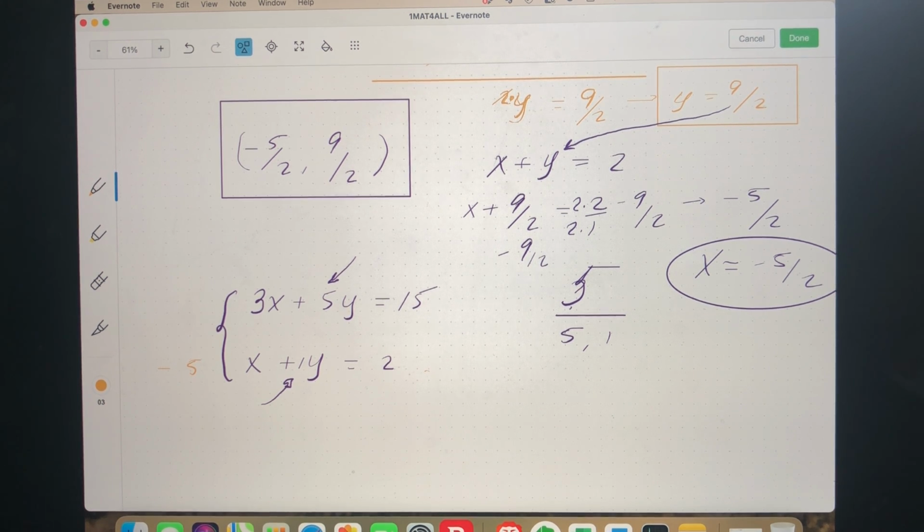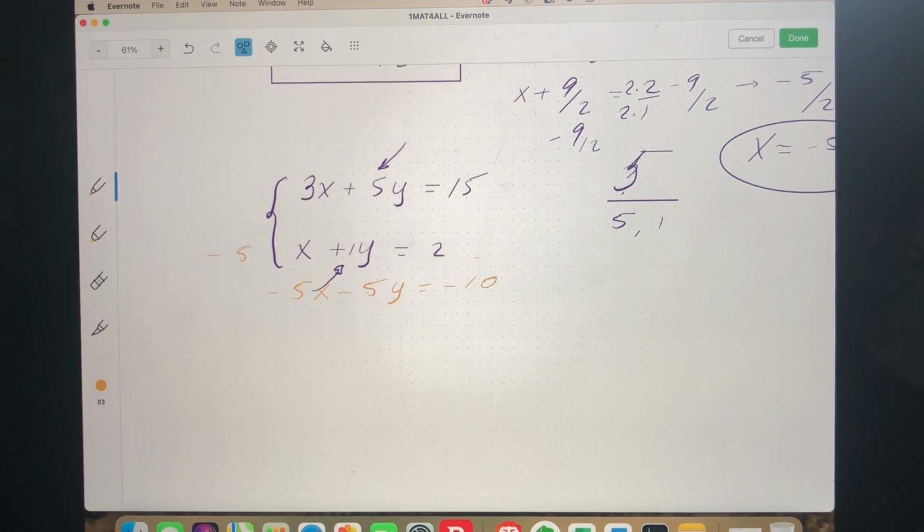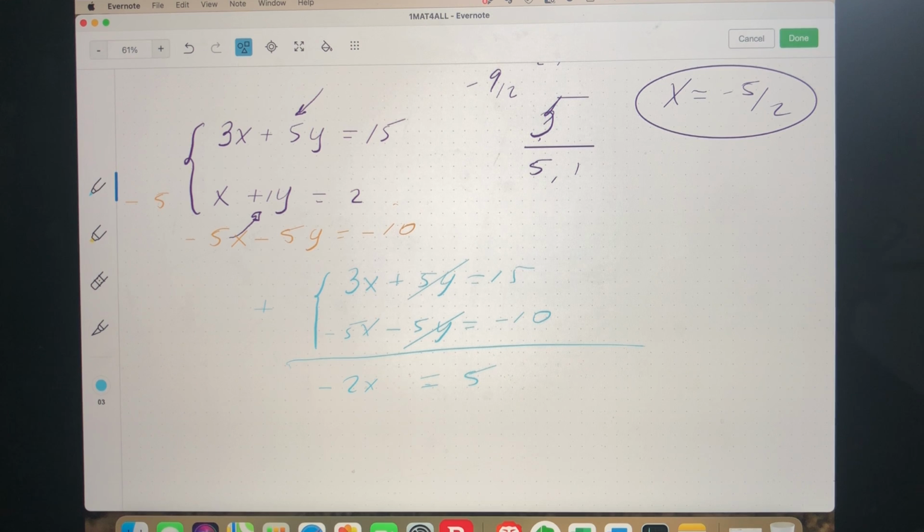That makes -5x, -5y, -10. So if we were to rewrite our new system, we would get 3x plus 5y is 15, and then -5x minus 5y is -10. This time, when we add, the 3x minus 5x is -2x, the y's cancel off, they get eliminated. 15 minus 10 is 5, and so to get the x by itself, we divide both sides by -2,